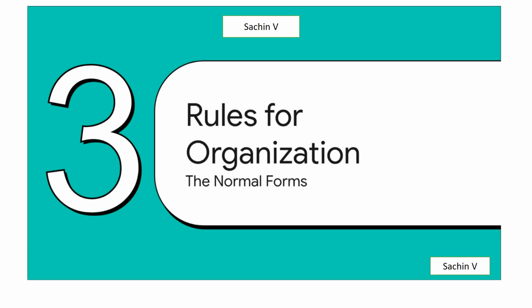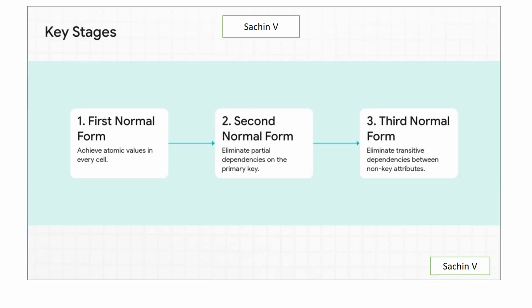So, how do we actually do this? Well, normalization follows a series of steps, or rules, called normal forms. You can think of them as levels of organization. We're going to focus on the first three, because honestly, they solve the vast majority of problems you'll ever see. Yep, our journey to a clean database has three main checkpoints: first, second, and third normal form. Each level builds on the one before it, and each one is designed to stamp out a very specific kind